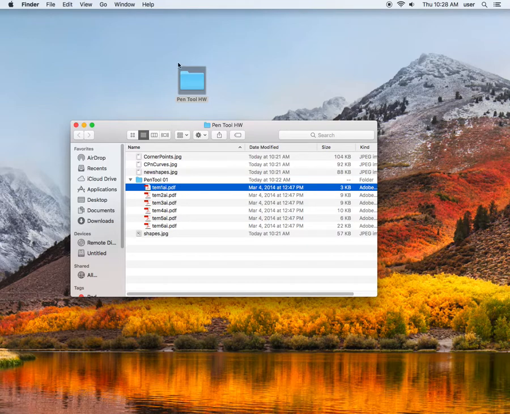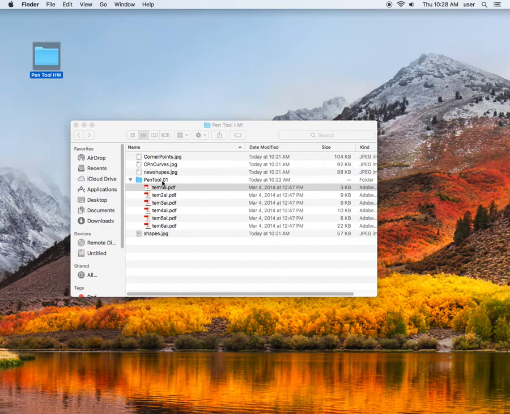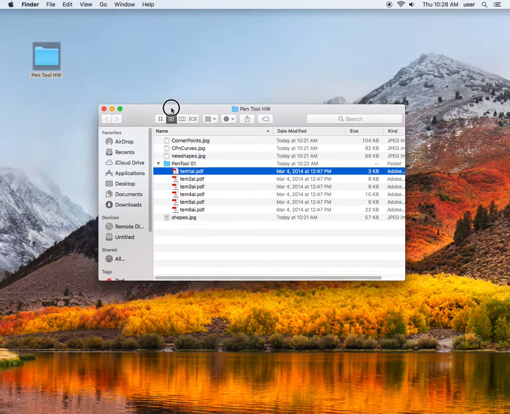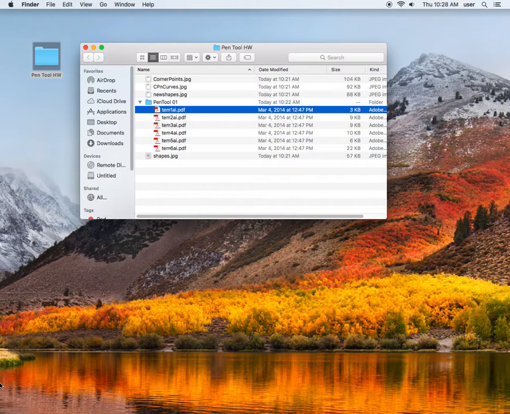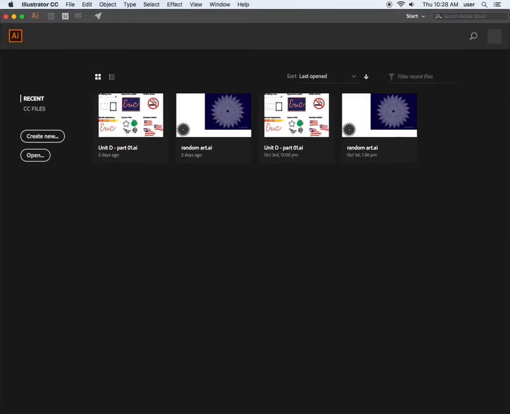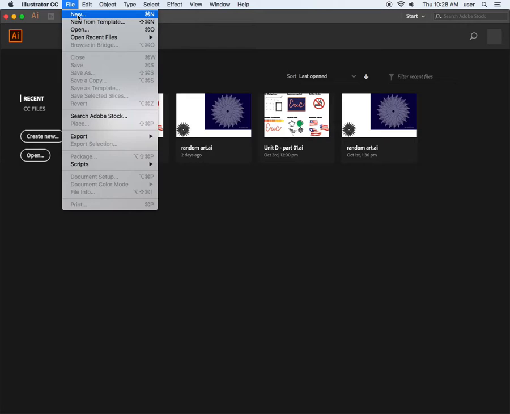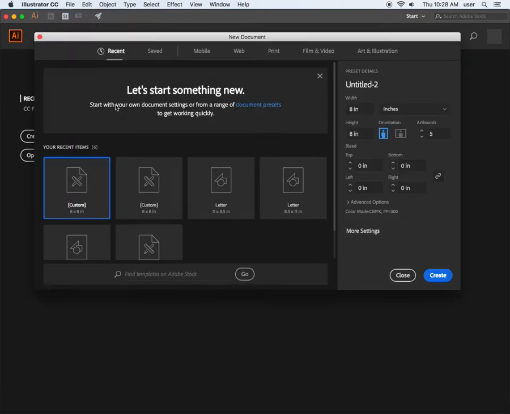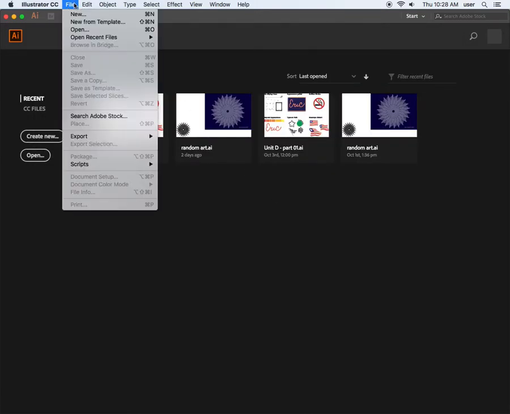All right, so we're going to set up this first document, which is Pen Tool 01. Let's do this. The one thing that you don't want to do is this. You don't have to follow me on this part because I want to show you what you don't want to do. If I go to File, Open, and go to my desktop,